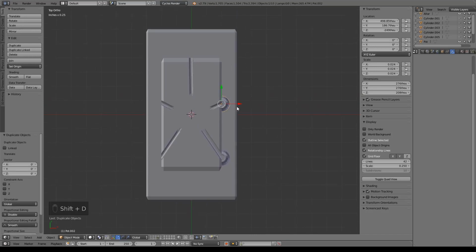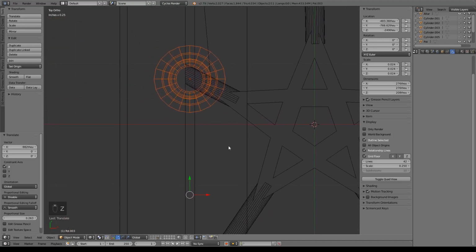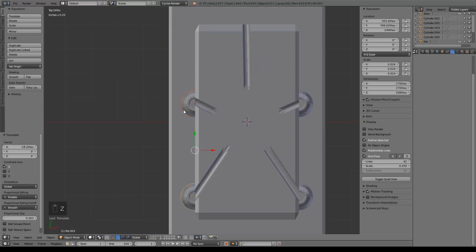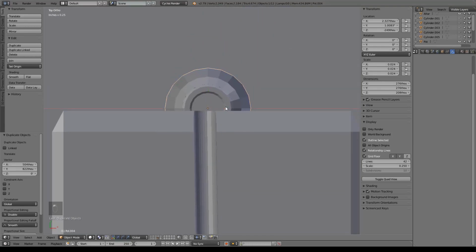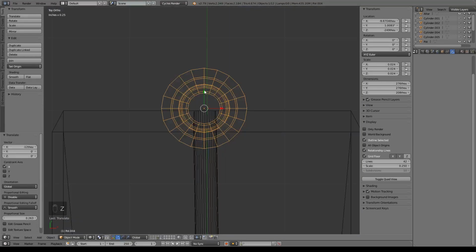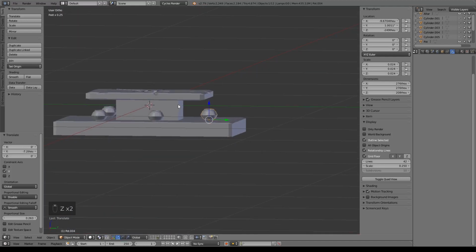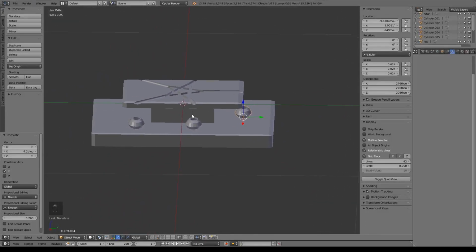Shift D, actually what we can do, undo that, grab both of them, Shift D, pull that out, go back into wireframe view so we can look at where our lines are, just like that. Grab the one, do Shift D, pull that up to here, pull that over, and pull that to where the lines meet. Perfect. So we have our collection pots all set,